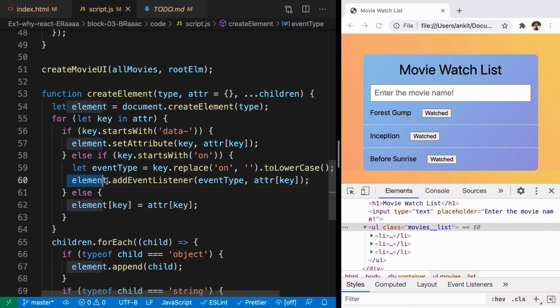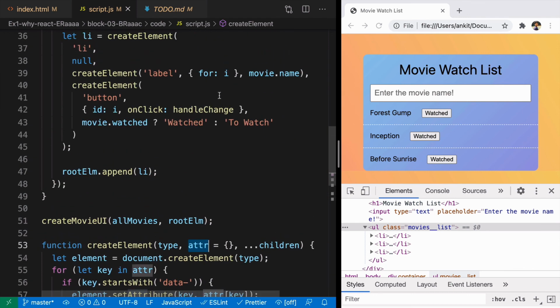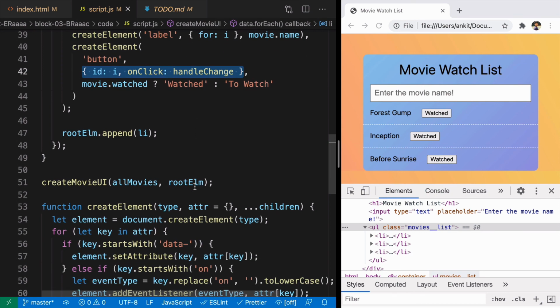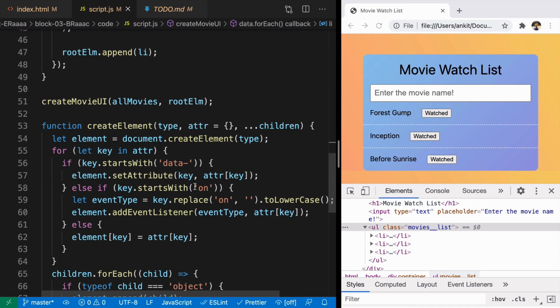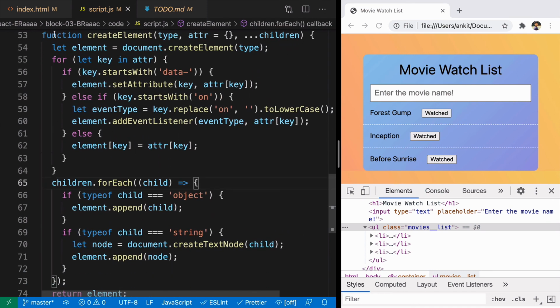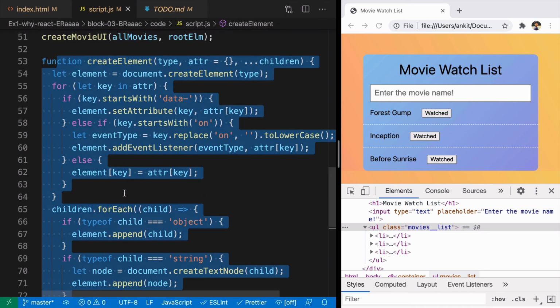And here we are saying element.addEventListener of event type, and the value or the callback function that you need to call whenever this kind of event happens on element is coming from attributes, and the key is onClick, and we're getting access to that. So attribute is the object. So if we want to get access to handleChange, we have to look for this key, and from this object we can get access to that. So in this way we completed this exercise. You can have a look at create element function and try to understand what is happening here.